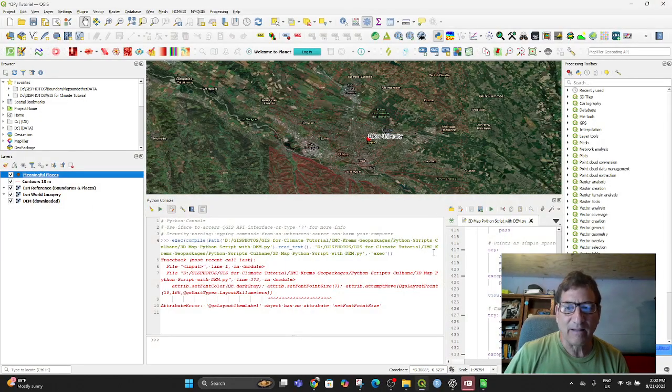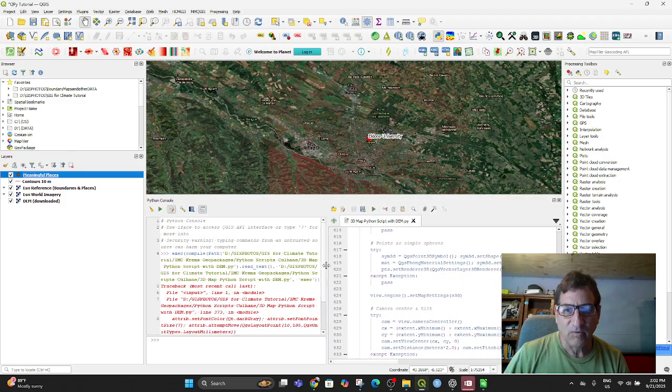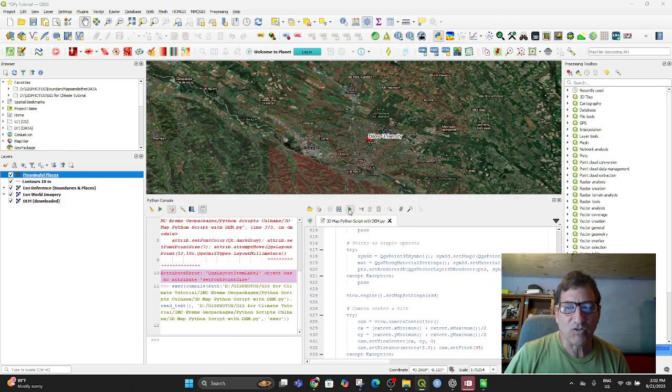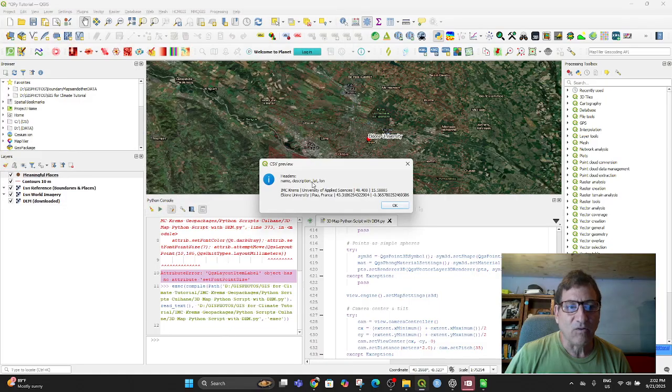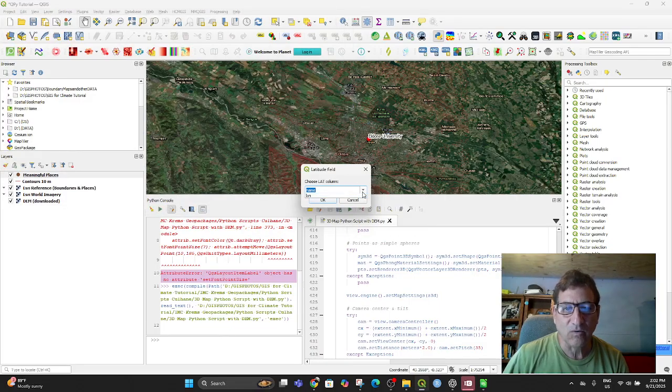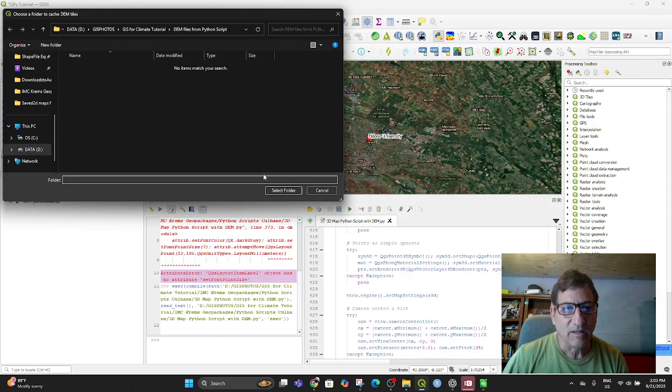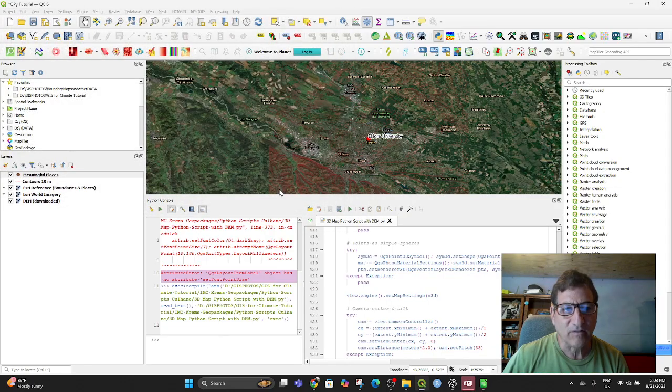If we run it again, because we've put this stuff in there, we'll deal with that in a second. We should then be able to go to CSV and also add to it a column, I mean Krems. So lat long label column's name, and this time we're going to pick Krems and say OK. Select folder. Now the API key's already in there, so